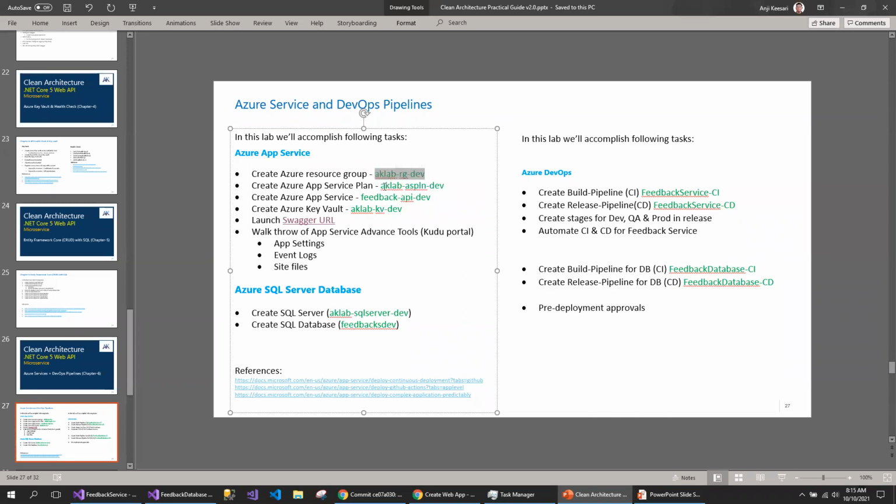Normally I would prefer, if it is shared, this part is my organization name, this will tell what the resource type is, and this will say what the environment is. And here I'm creating the app service specific to the feedback API, so I will be giving it feedback API dev, just like this. I'm going to share this resource group with other services, so that's why I keep the name AK Lab.